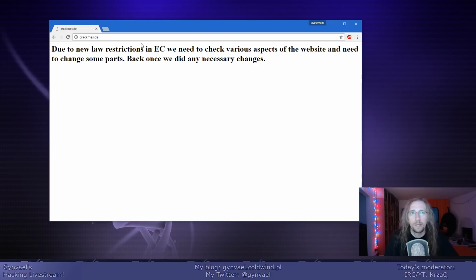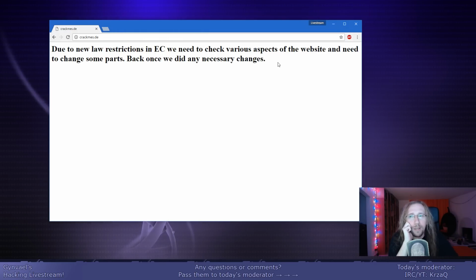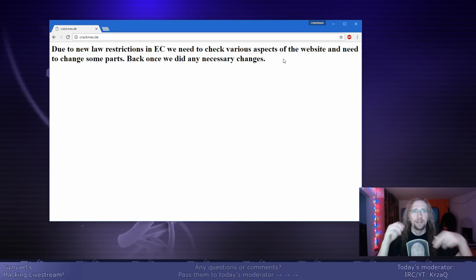So, Crackme. Today's Crackme will be from Crackmes.de. Crackmes.de was usually the website where you get a huge collection of Crackmes on different levels, and you can basically hone your reverse engineering skills. Now it's down again. Sometimes it's up,